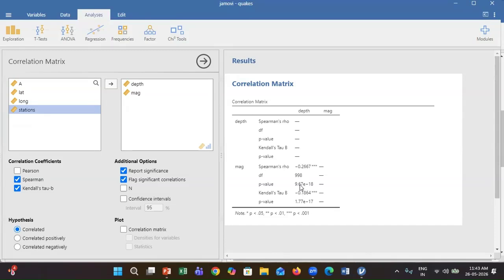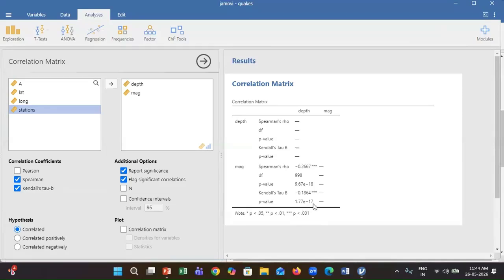Kendall's tau-b is -0.1864, which also confirms a negative association between the variables. Kendall's tau is generally more conservative than Spearman's rho. The p-value for Spearman is 9.67 times 10 to the power minus 18. For Kendall's tau-b, the p-value is 1.77 times 10 to the power minus 17.